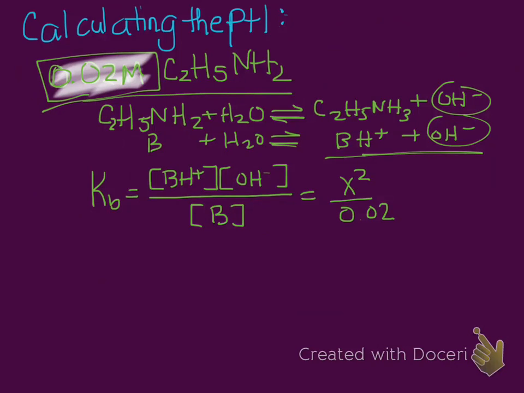And in order to solve this problem, we actually need a Kb value. So we look it up on the chart, and the Kb is equal to 5.6 times 10 to the negative 4. So now we're going to take this and we're going to solve for X. The reason why we want to solve for X is because that's the value of the OH minus. So we take 5.6 times 10 to the negative 4 times 0.02, square root. Okay, so you're going to get X, which is equal to the OH minus molarity,